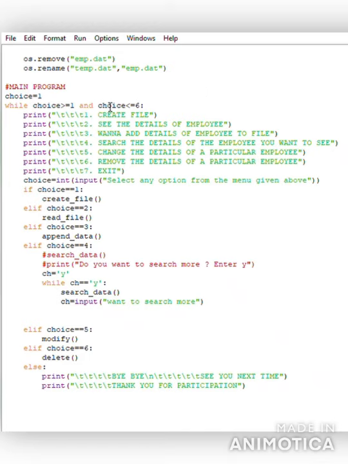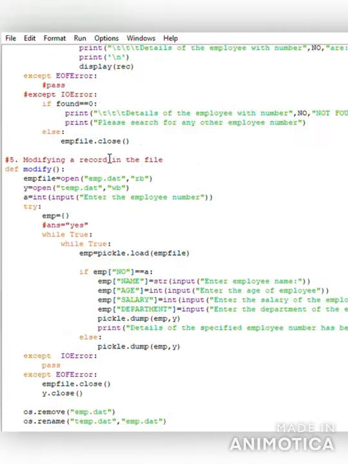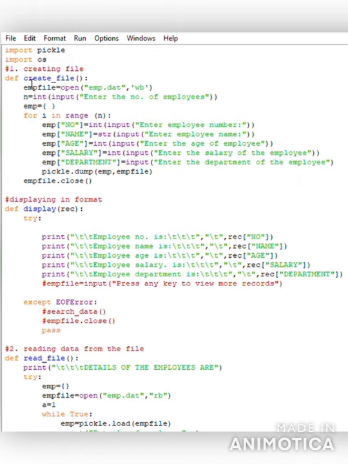As we can see, in the main program body, a variable choice is being taken to input the user's choice for the menu given by us. The user has to enter 1 as his choice to create the file. So we can see that the create file function is being executed. We will move further to the create file function, where we can see that a file handle is opening a file in write mode, and a variable n is being taken to enter the number of employees. Then a loop is executed that number of times to fill in the details of all employees, and the file is closed, and we will move again towards the main program.